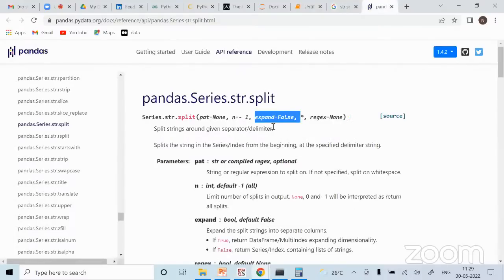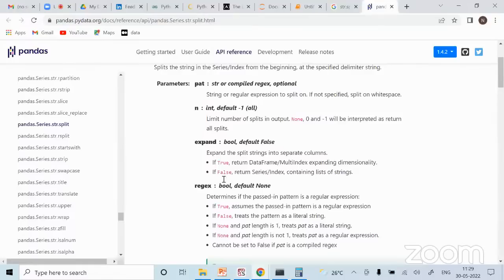So here you have it. What does it do? It takes true and false. True returns a data frame, multi-index expand dimensionality, and false returns a series containing a list of lists. The default is false. So if I set this to true, it returns a data frame and multi-index expand dimensionality.